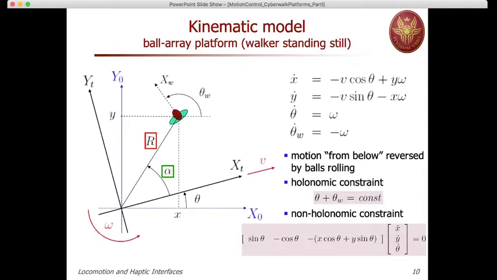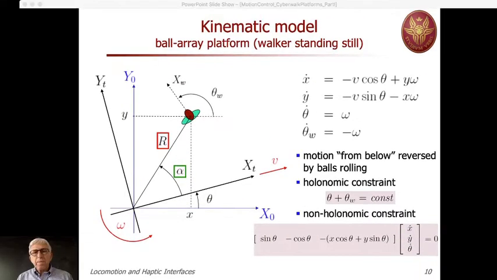Okay, so let's start now with writing some equations. We will start first considering that the worker is just standing still on top of this ball array platform. We have here the equation which describes the kinematic model of our system. We assume that our inputs are the linear velocity given to the treadmill, which will be labeled V, and the angular velocity omega